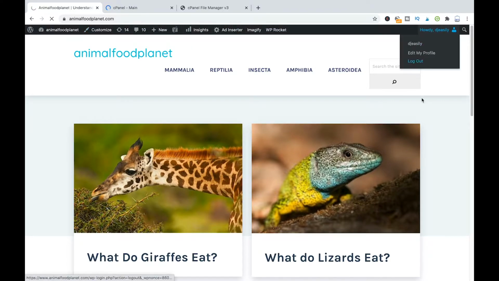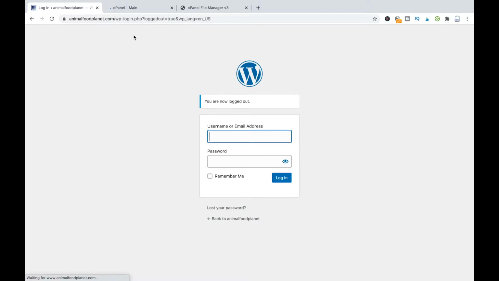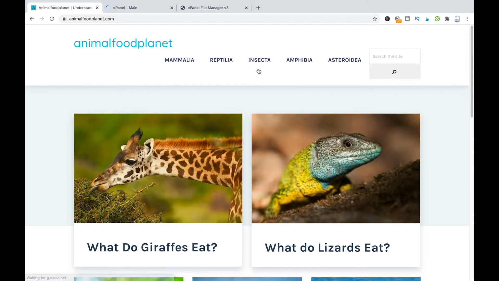However, if you're not logged in yet, I will just log out for a second here. Just click here on logout. And to get to the login for your WordPress dashboard, just real quick, you probably already know that, but maybe we also have some beginners here with us. So you just go to your website URL. Just like here, in my case, it's